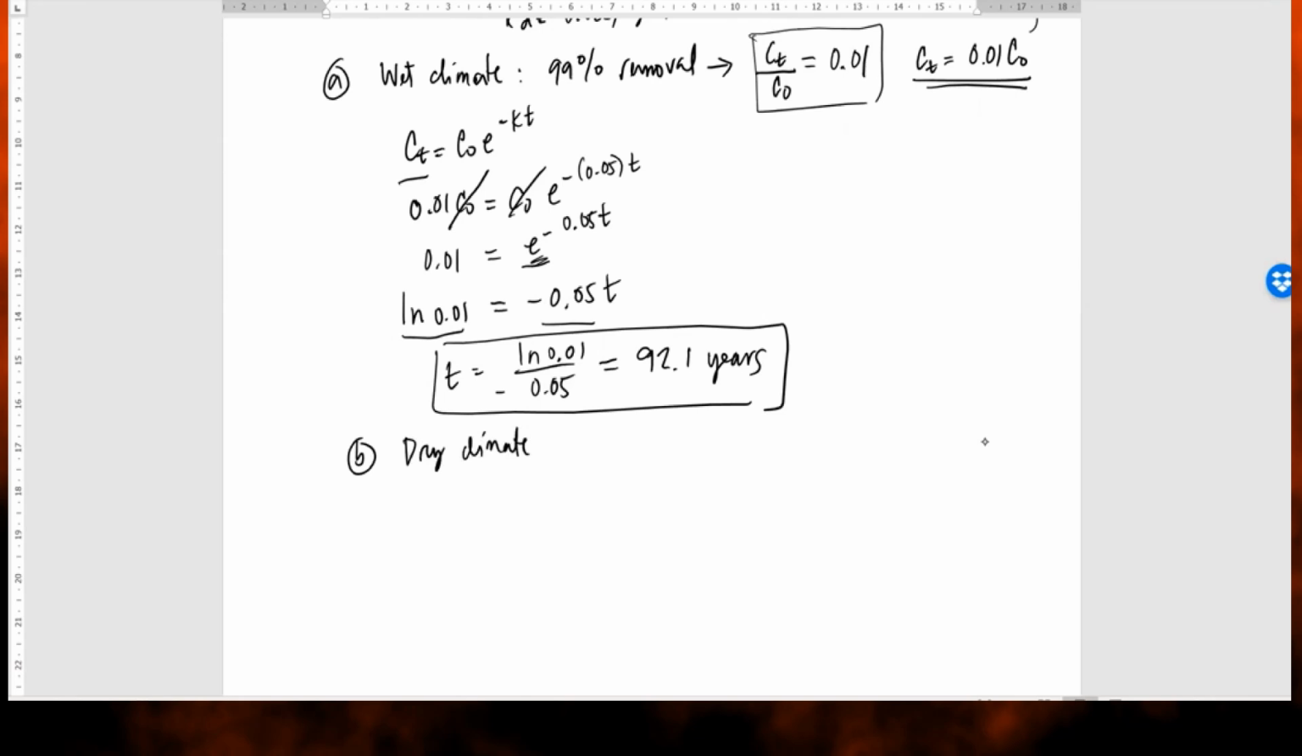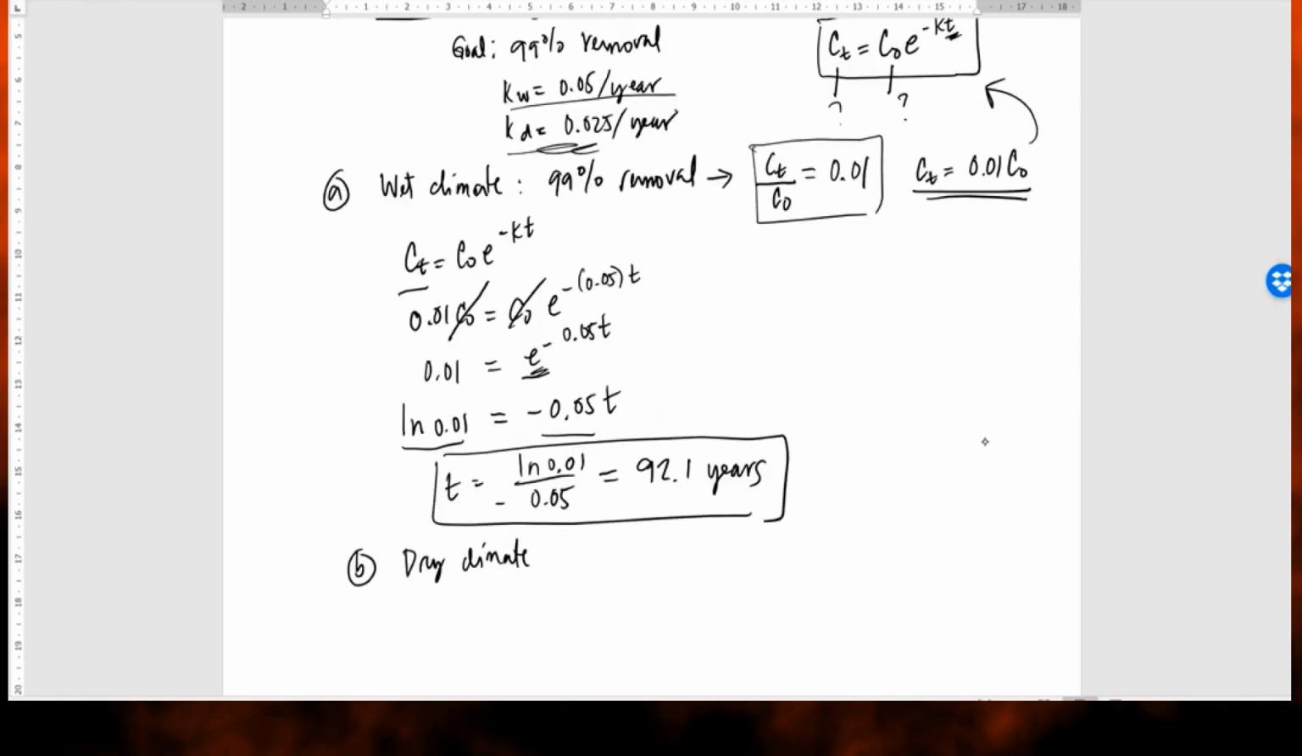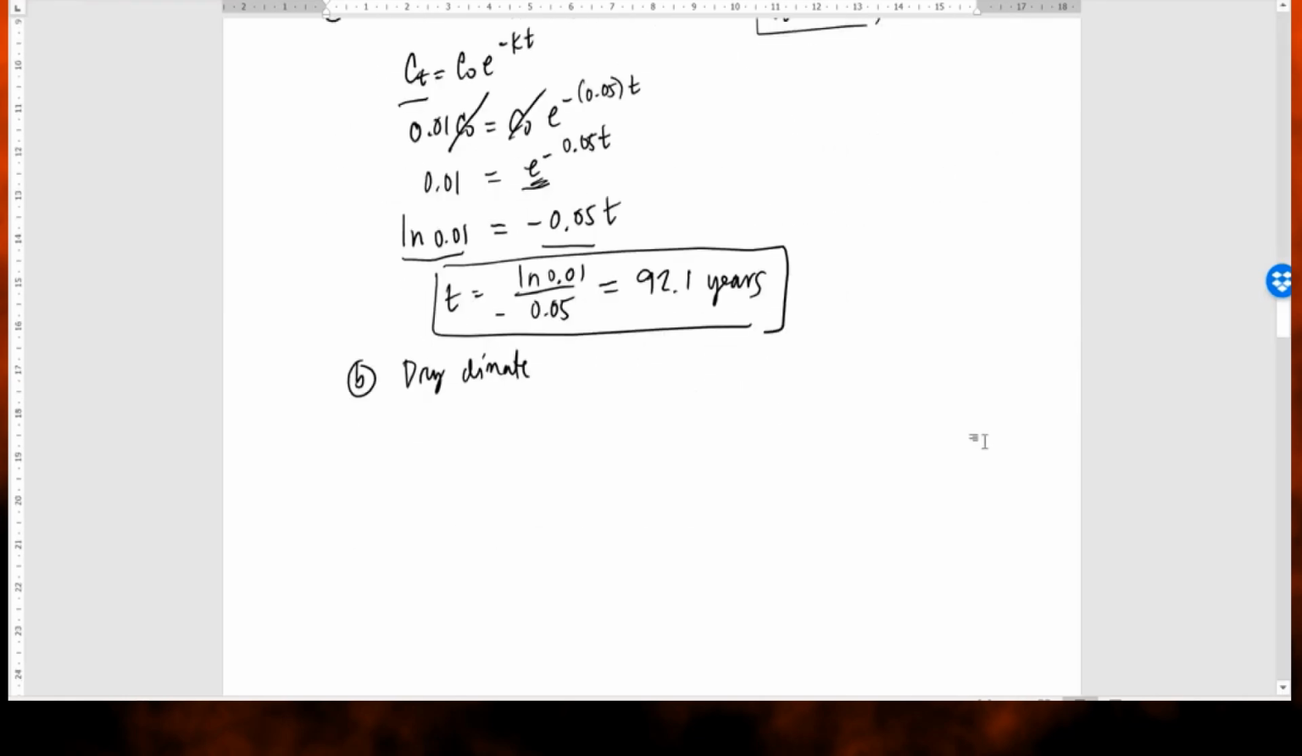So this dry climate is basically the same. The only difference in this case is K. So we will process the same way. So in this case, 0.01 comes from this part here. We go directly: 0.01 C naught equals C naught e to the minus